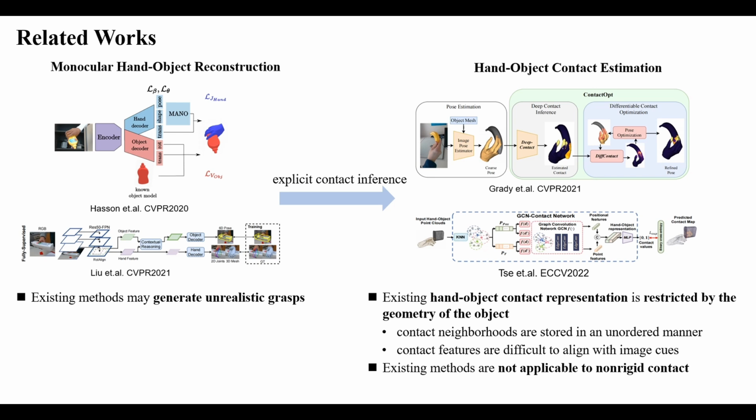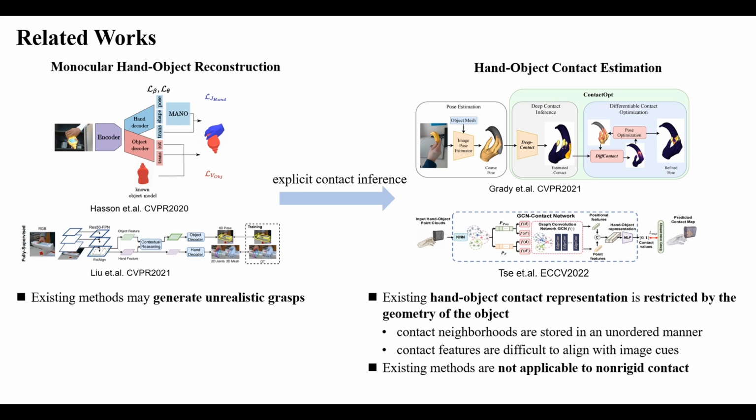Recently, some works use explicit contact inference and enforcement to achieve higher quality grasps. However, existing learning-based methods focus more on contact with rigid ones from monocular images. When adopting them for non-rigid contact, a major problem is that the existing contact representation is restricted by the geometry of the object. Consequently, contact neighborhoods are stored in an unordered manner and contact features are difficult to align with